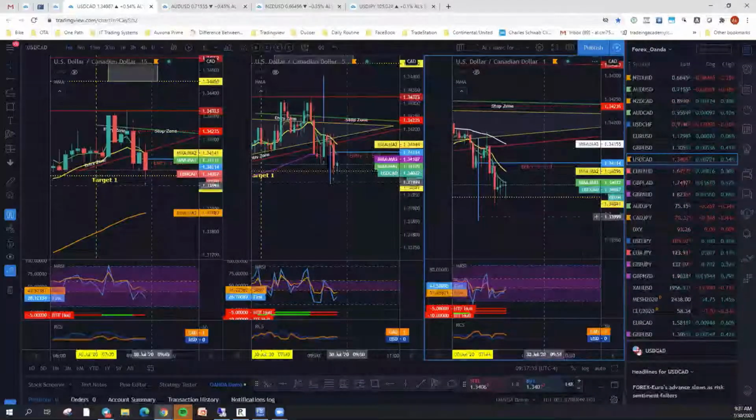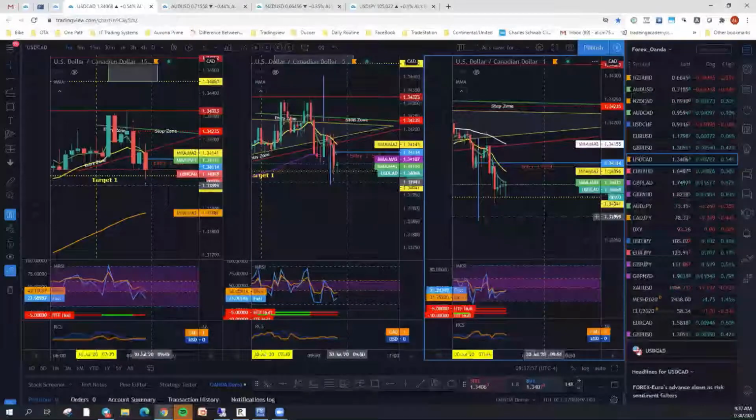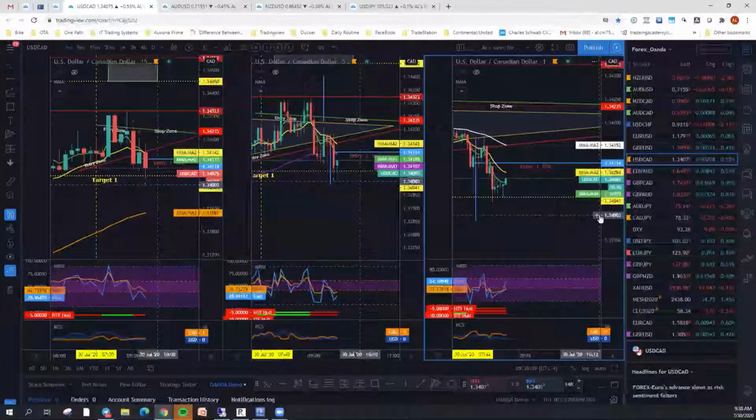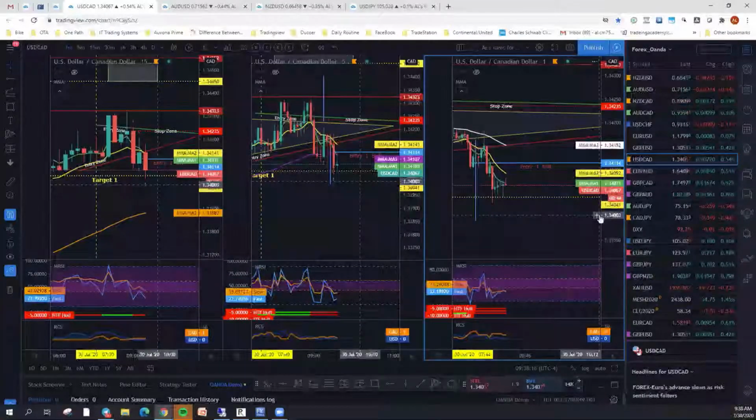If by chance you guys do watch the Euro US, and I know a lot of you guys are, we are inside daily supply, weekly supply, and monthly supply. If it happens to break, we've got a long ways to go up before we ever have any real resistance. Unless governments jump in and decide they want to move the price. I could easily see it coming up another 500 pips. Euro US? Euro Gross. US.